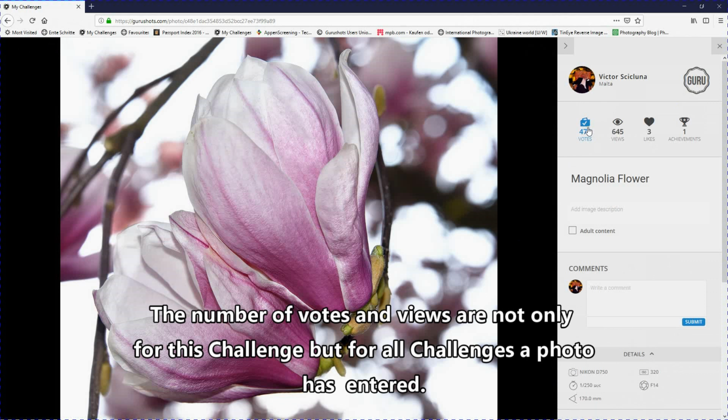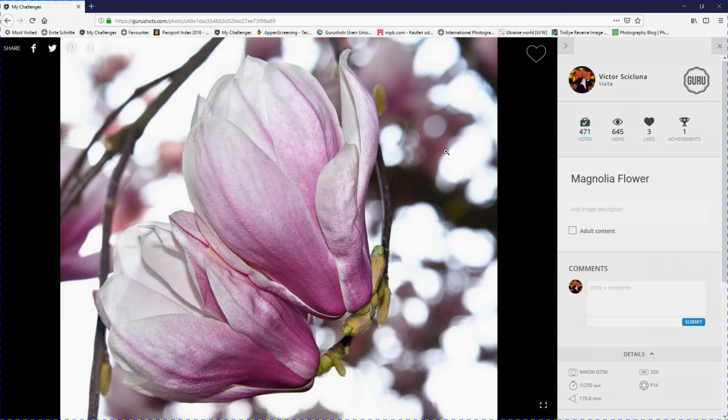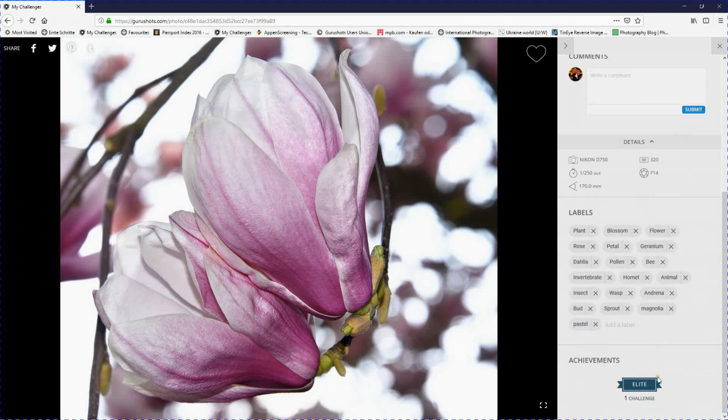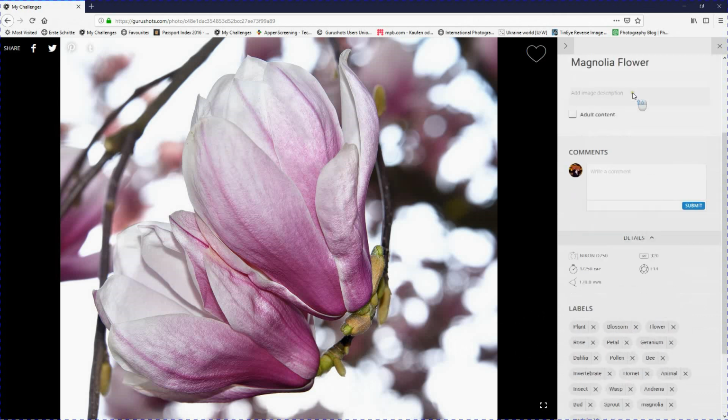Unfortunately, the votes counted are not only for this competition. It means I used this photo in other competitions already. He's counting the total votes this photo has got from the start, even in other competitions. Here it shows also how many people have seen this photo, but not in this competition altogether. 3 people liked it, and this photo has had 1 achievement, and this was the new photos as a light. But if I click here,